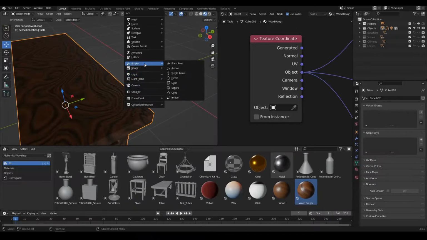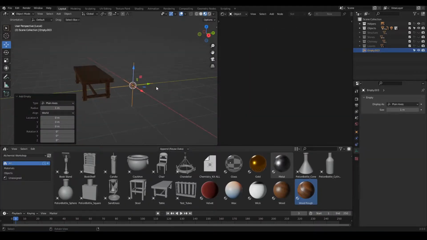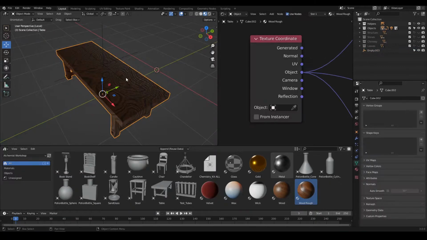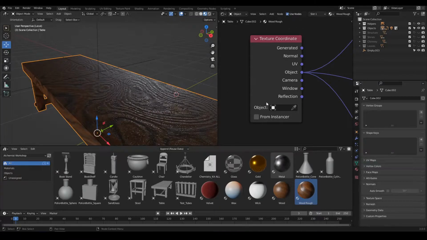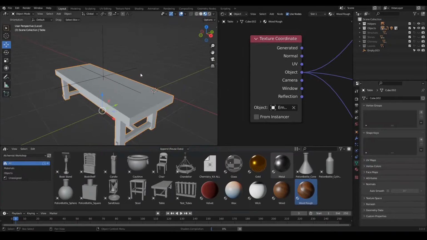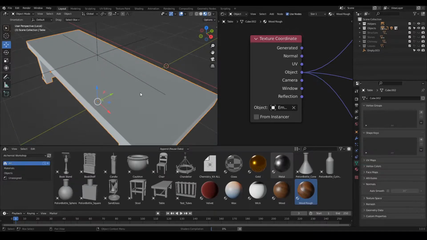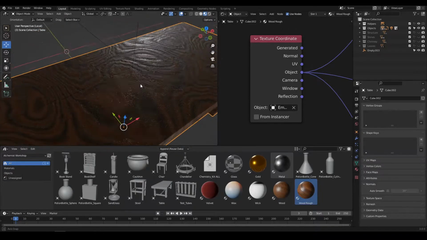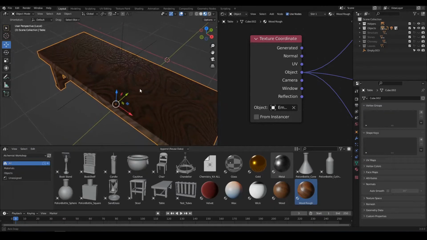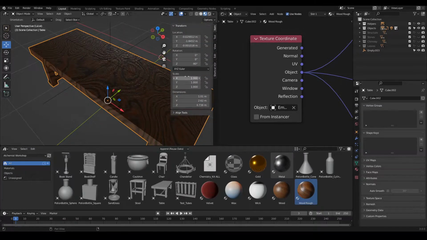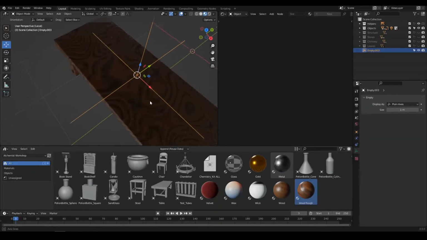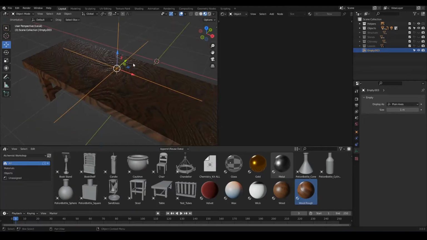So if I add an empty, which is now here, I'm gonna center it on the table or close by so that we can see things better. And now let's use this as the object reference. Okay, it's calculating the shader, and we can see that there is no difference at all, just because the scale of this object being 1, 1, 1 and the scale of the table being the same, there shouldn't be any difference. But now that we have this object,